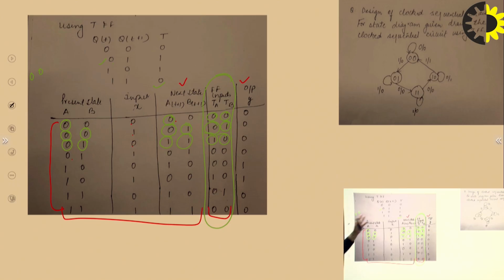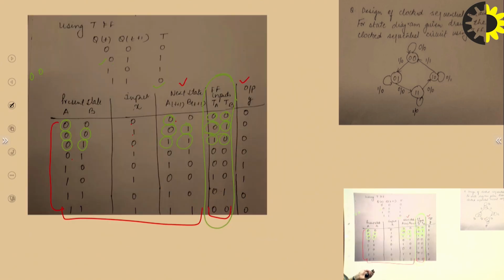I think all the conditions of this table we have used, so you can make this table very easily. This is the present state, this is the next state which you get from the previous table. Input and output you also get from the previous table. The only new thing is this flip-flop column that you get with the help of your excitation table. So you should remember that table, set your conditions of present state and next state, and then you will generate your T output.